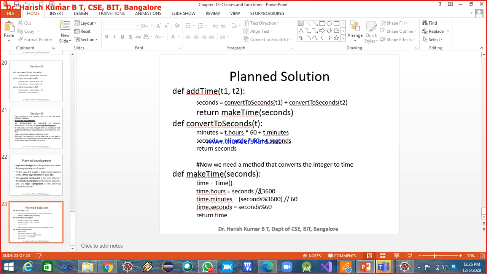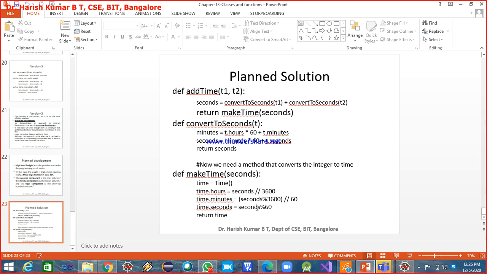This gets the number of hours. Then for minutes, I take the remainder, total seconds modulus 3600, divide that remainder by 60, and assign only the integral part to minutes.